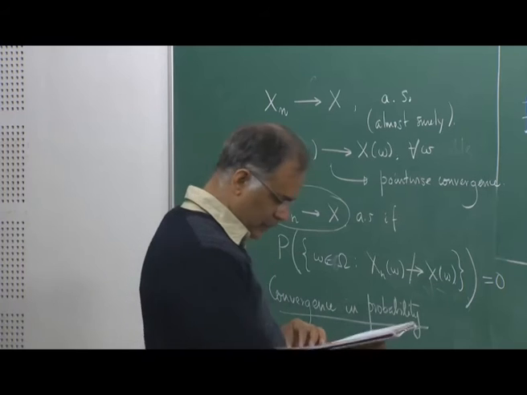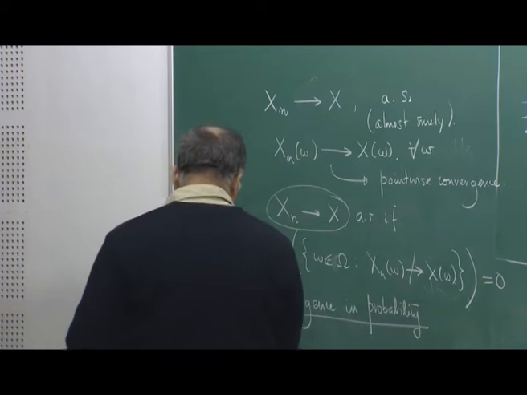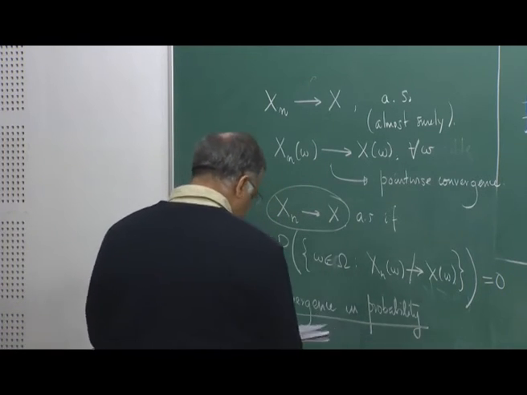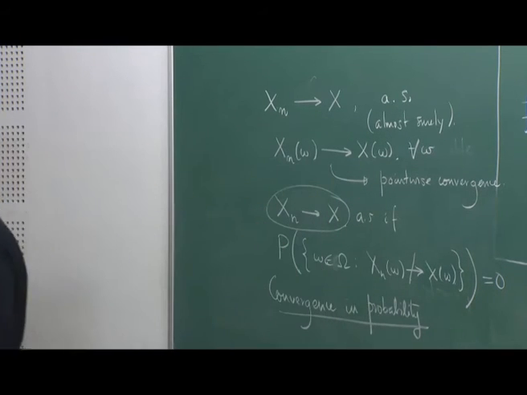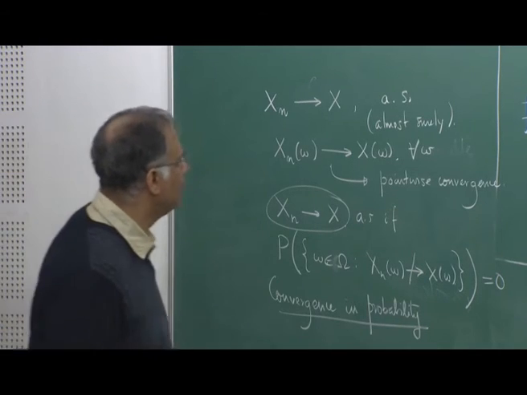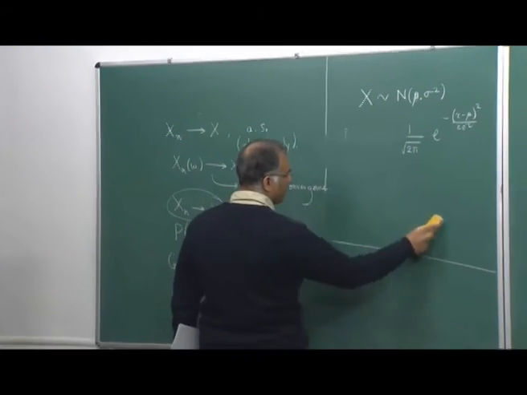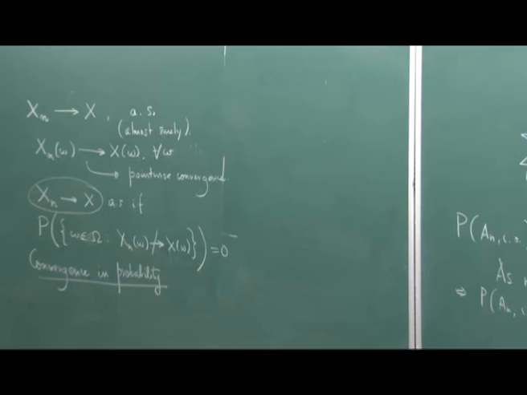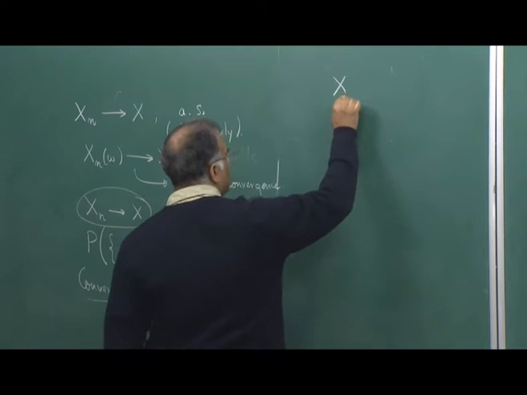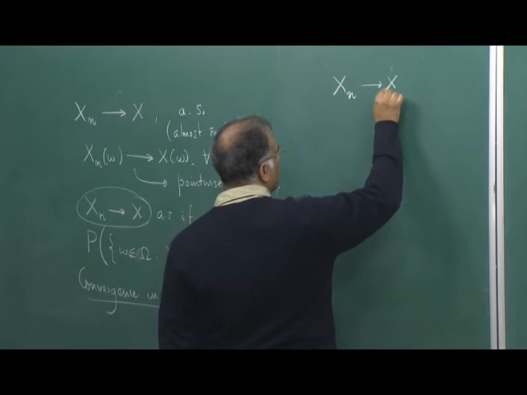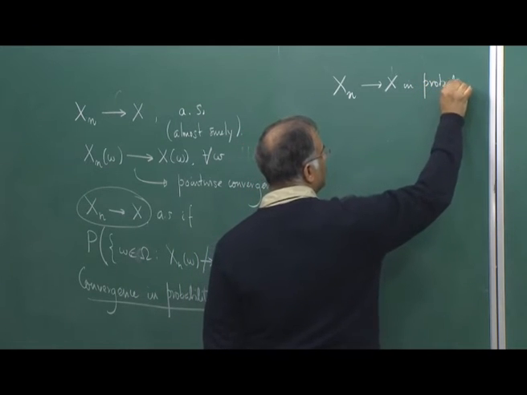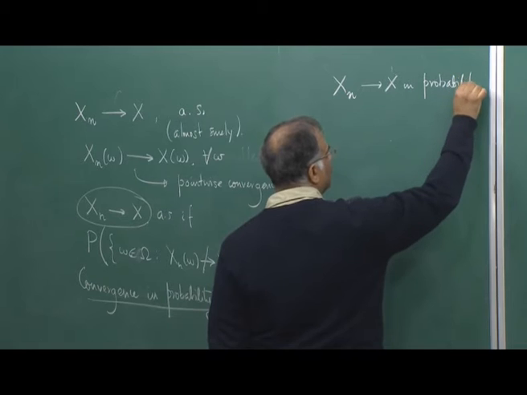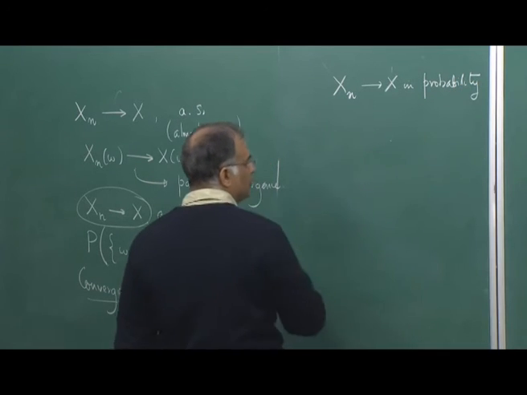Convergence in probability. So, what is the meaning of convergence in probability? Let us discuss this little fact. We will take 10 more minutes to finish everything. So, let me discuss this little fact, convergence in probability. Convergence in probability means we say Xn converges to X in probability if